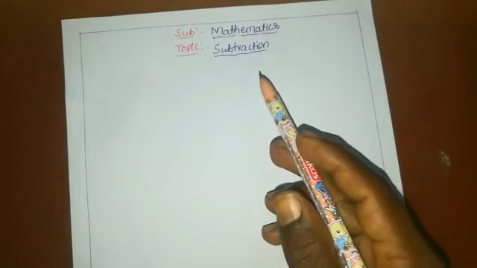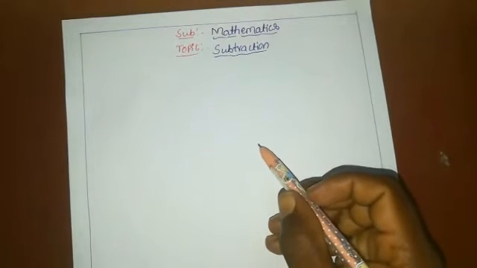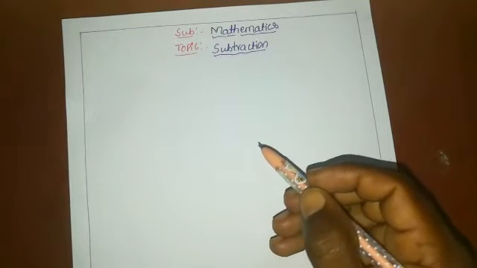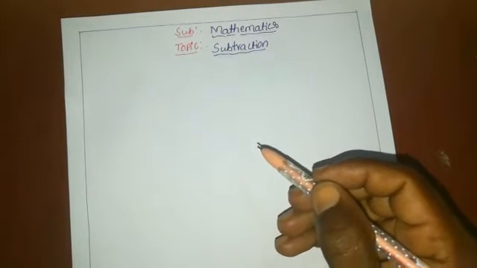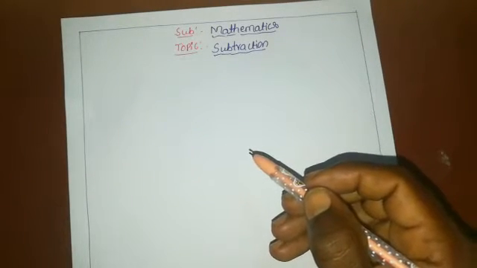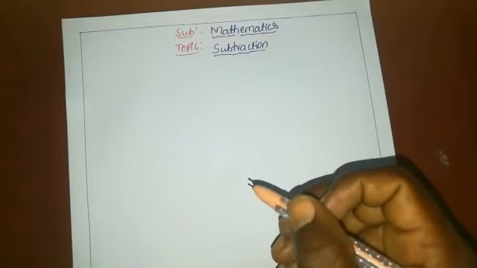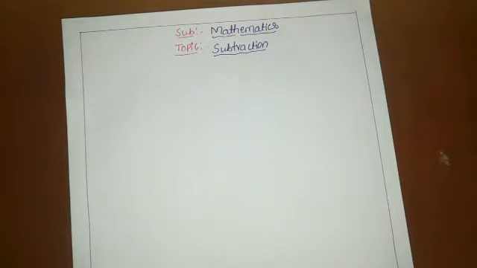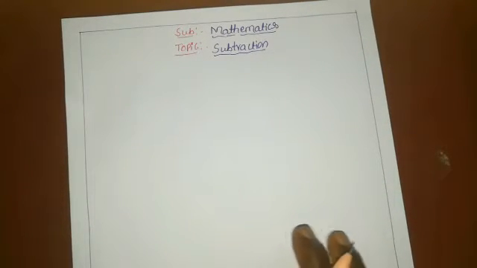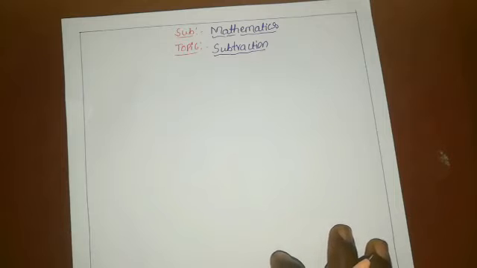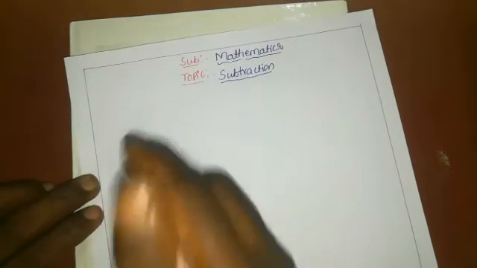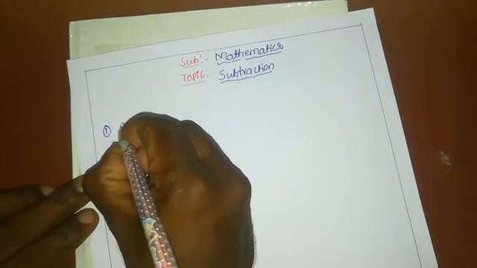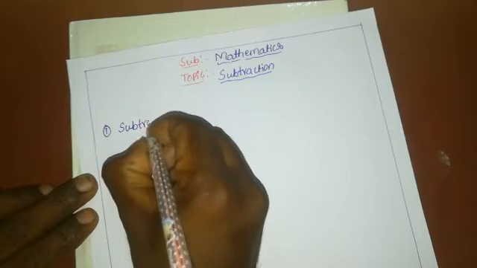In earlier classes we learnt how to subtract numbers up to 4 digits only. In this class we shall learn how to subtract 5 digit and 6 digit numbers, which means more than 4 digits. In the earlier class we learned up to the subtraction of 4 digit numbers. At first we shall revise what we learnt in the previous class, up to the subtraction of numbers up to 4 digits.